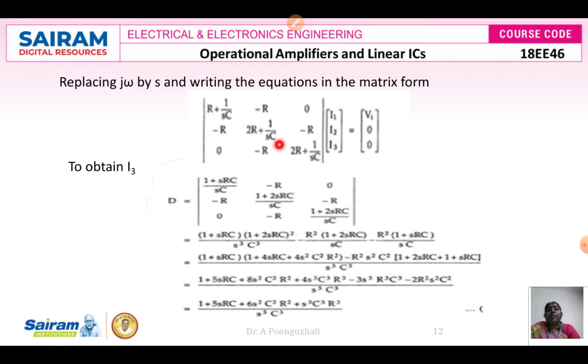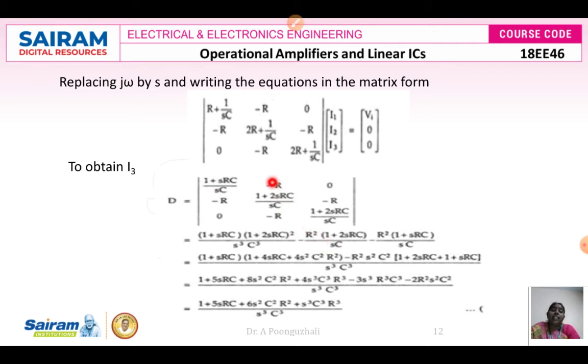When I write in matrix form, if I want to find out the determinant, I will take this form. If I am going to write it, your LCM is going to be RSC plus 1 by SC. So this is going to be 2RSC plus 1 by SC. Here it is 2RSC plus 1 by SC there. So now if I am going to take the first term, 1 plus S into RC. So this term goes, so if I am going to multiply this, it is 1 plus 2SRC the whole square by SC. So here SC the whole square, this term is going to be there, minus of R square. So here in this case it is going to be minus R square there. So R square, that is what has been written here, R square into this term 1 plus 2SRC by SC.